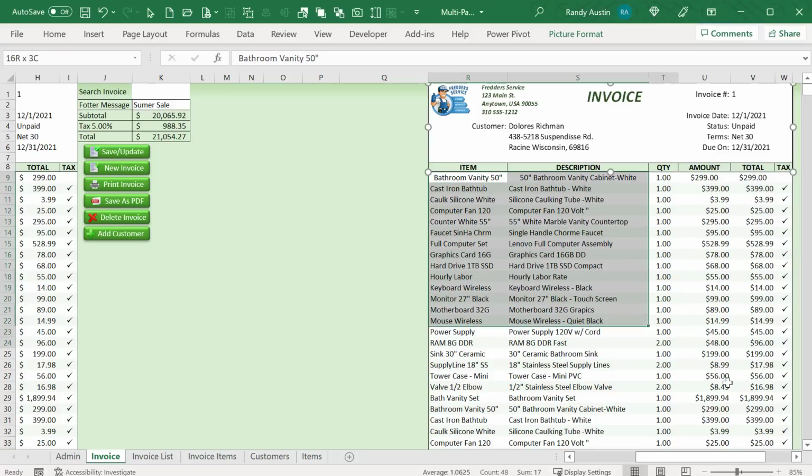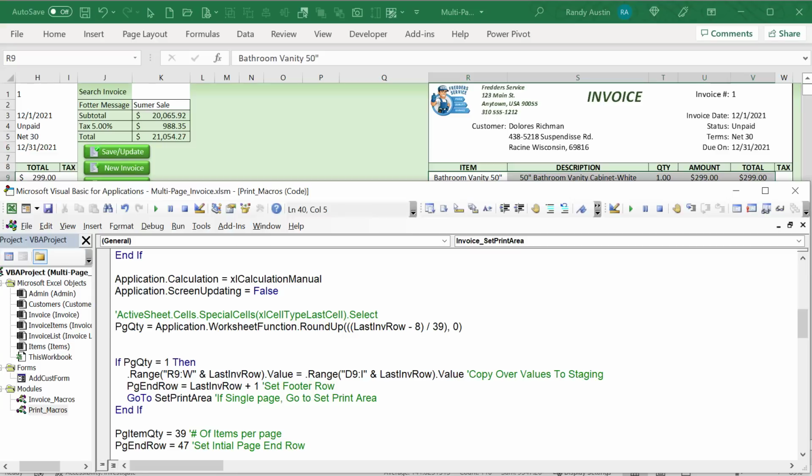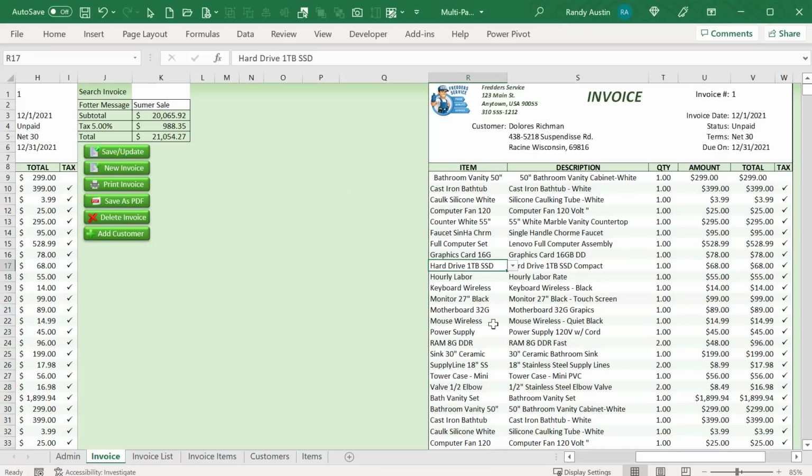So as we bring in those items here, what else do we need to do? Well, what I want to do is bring in the items, and then set a page and row to the last invoice row plus 1. Basically, I need to know where to place that footer. So that footer is going to be based on a variable called page and row, and that's important. And it's going to be based on the last invoice row plus 1, because that's exactly where we're going to